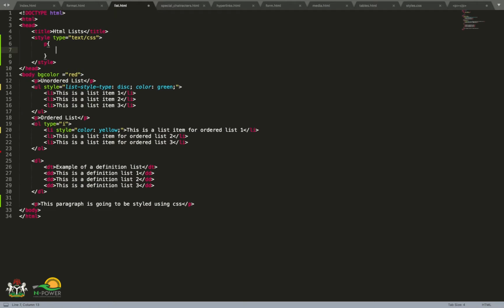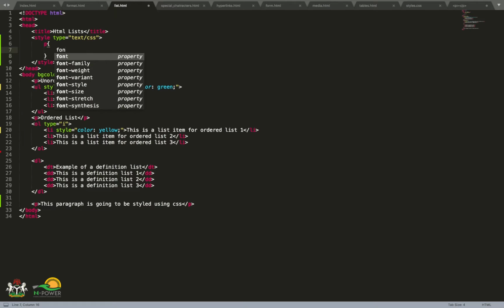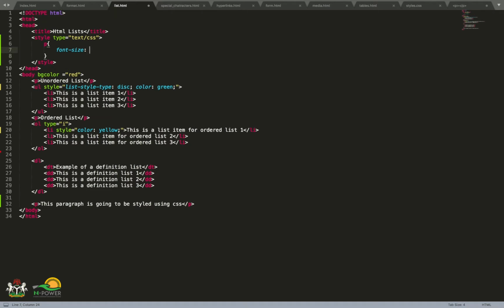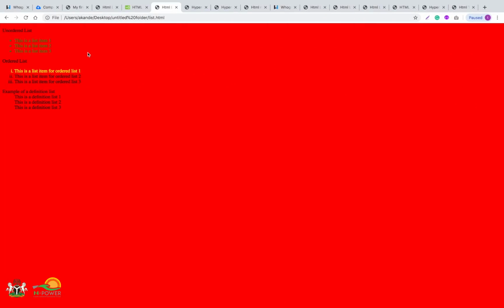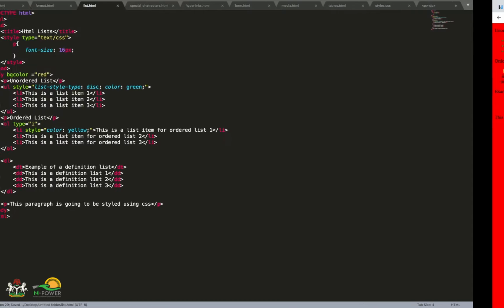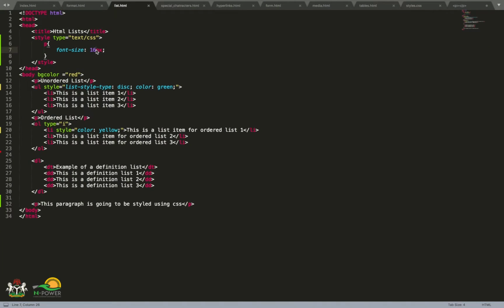I'm going to be changing the font size of this paragraph. I'm going to call the font size attribute, then give it any size. You can label the size of text in CSS by using pixels, or percentage, or em. So I'm just going to give it 16 pixels. Let's see how it's going to appear. This is 16 pixels. I'm going to increase it and change it to